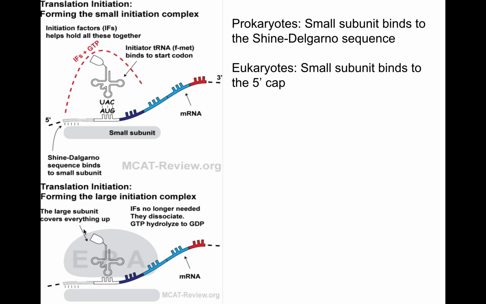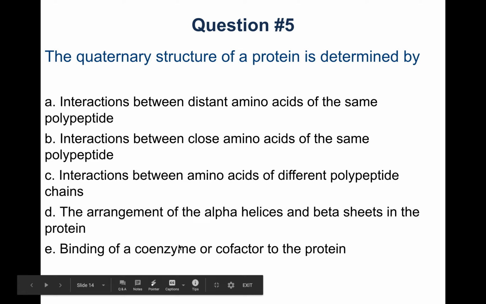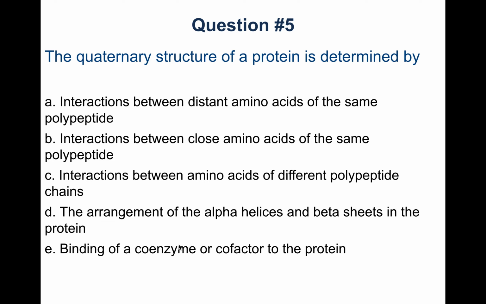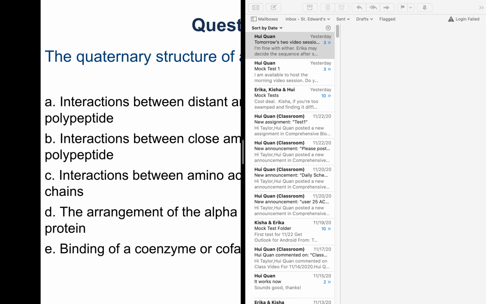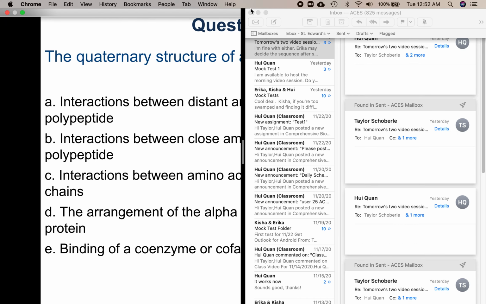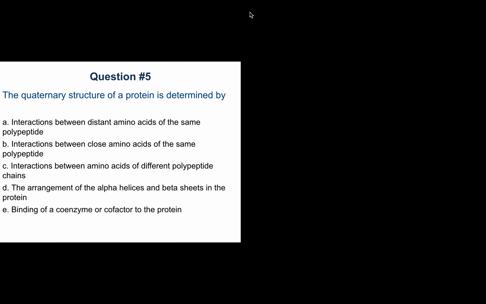All right, question number 5. The quaternary structure of a protein is determined by... you have a few different choices on here. So you have to think about the different levels of structure you get from proteins. You've got the primary structure, which is really just the chain of amino acids. You have the secondary structure, which is different sections of that polypeptide chain,